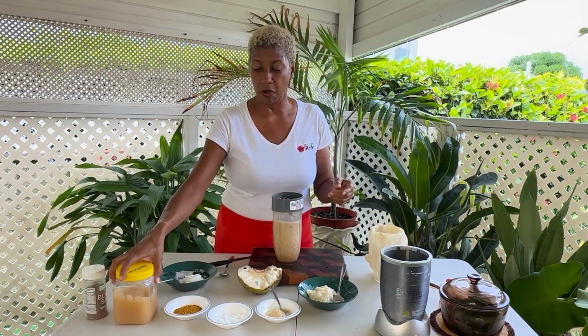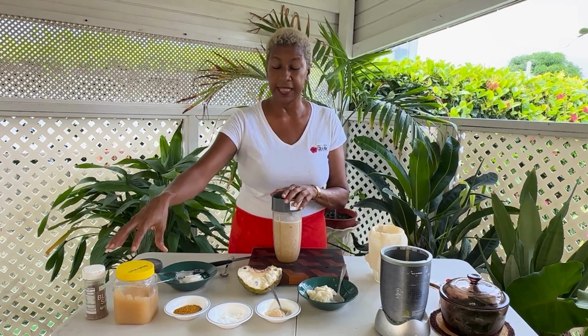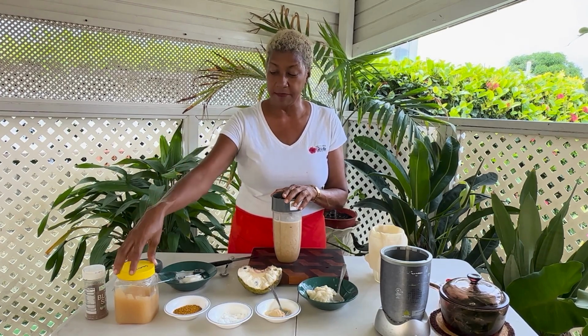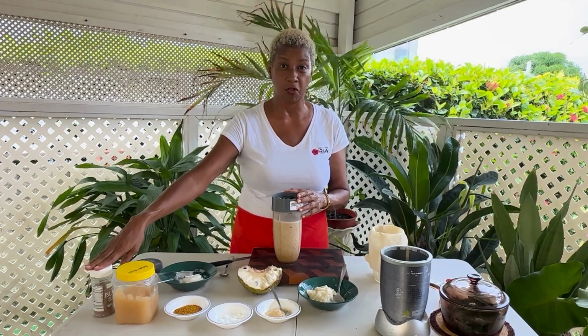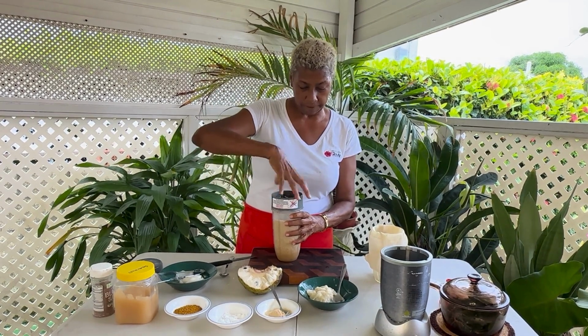Then we have our sea moss gel. Now sea moss gel, you know everybody gets their sea moss. They like to flavor it nowadays. I really like to keep mine pure and add the things in. So I made the gel from fresh St. Lucian sea moss, and we're going to add a little bit of Himalayan salt just to round out the flavors. So we got our milk,